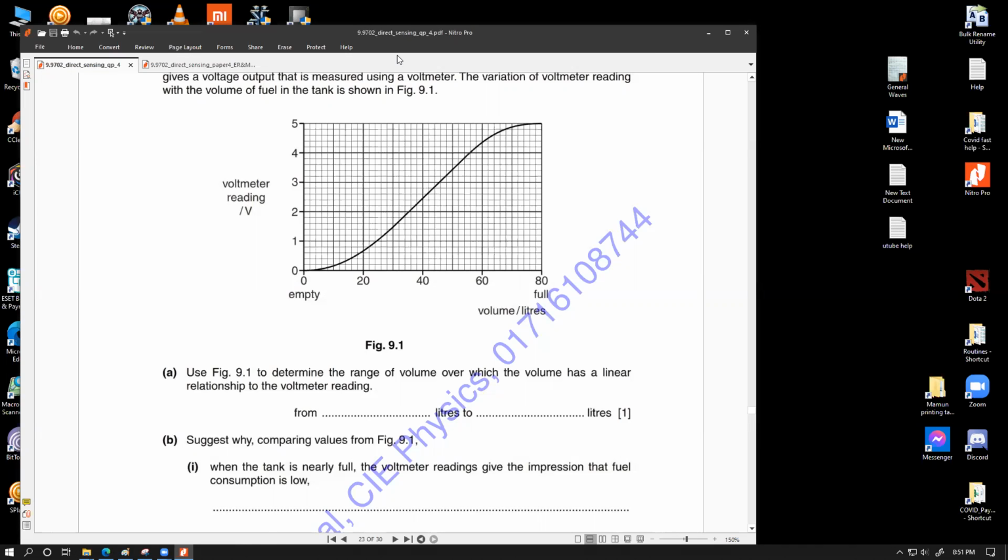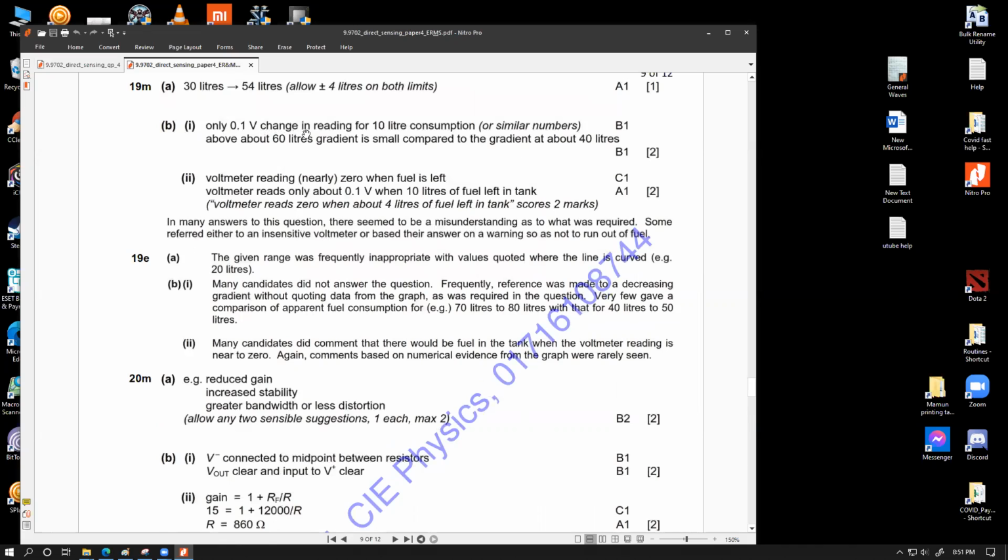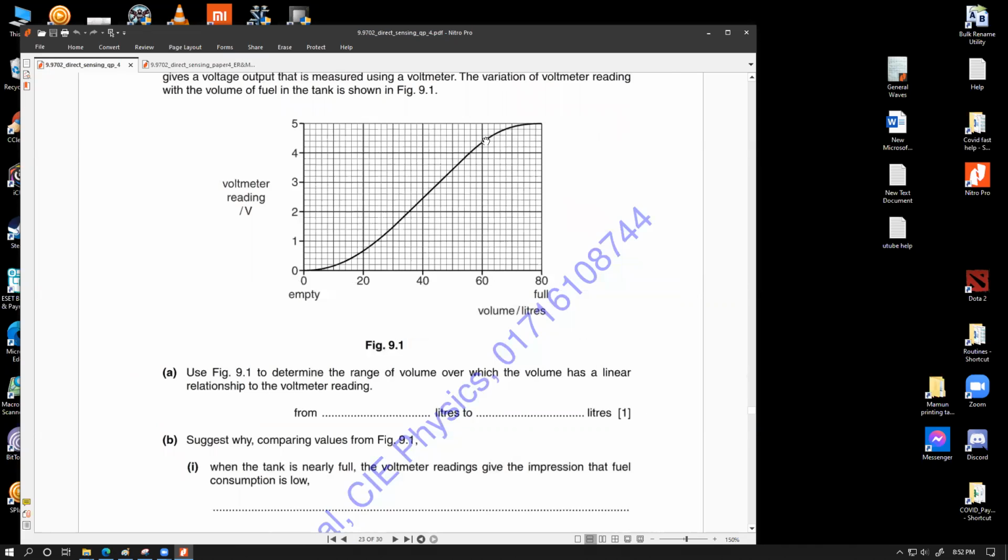So if we have a look at the mark scheme, I'm having difficulty making the words. Only 0.1 volt change in reading for the first 10 liter consumption or similar numbers, and above 60 liters the gradient is small compared to the gradient at about 40 liters. So above 60 liters the gradient is small compared to values around 40. They have mentioned the gradient, and they have also talked about the voltage as well, that